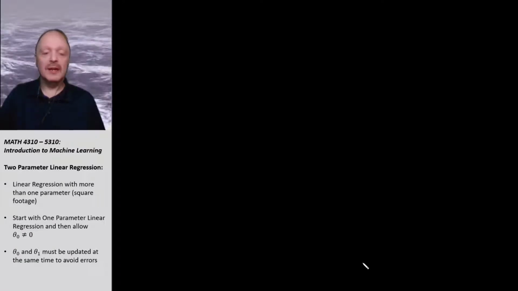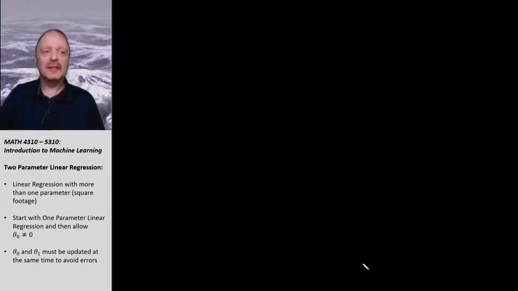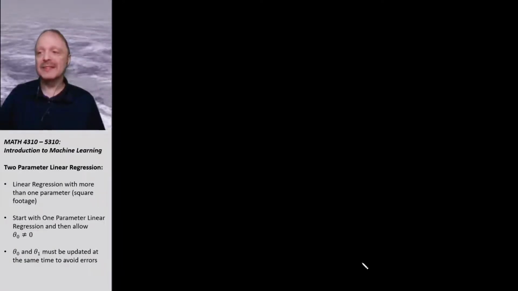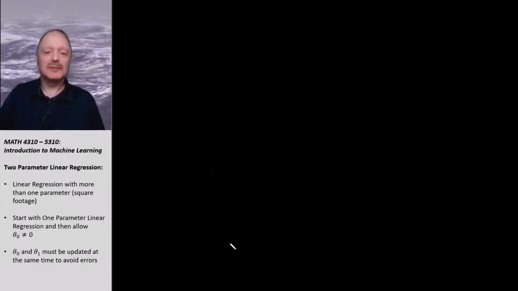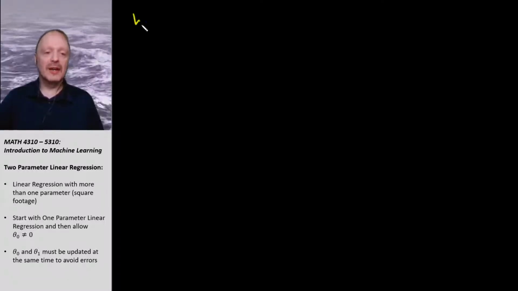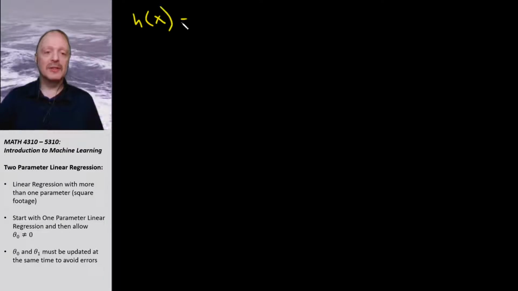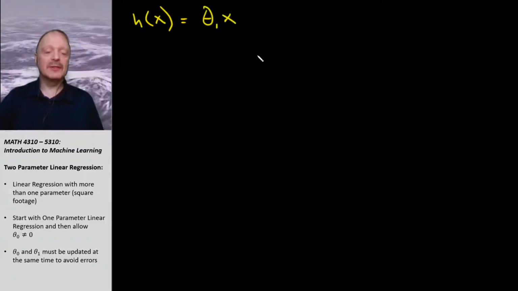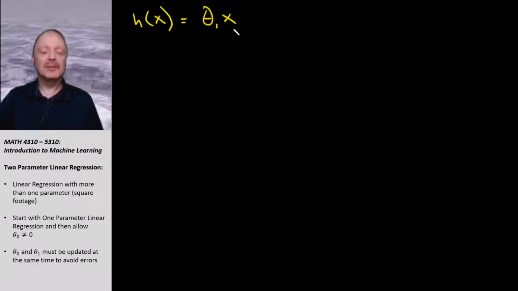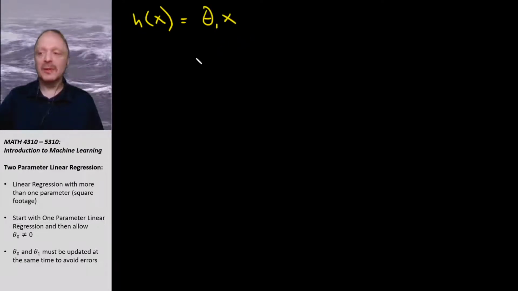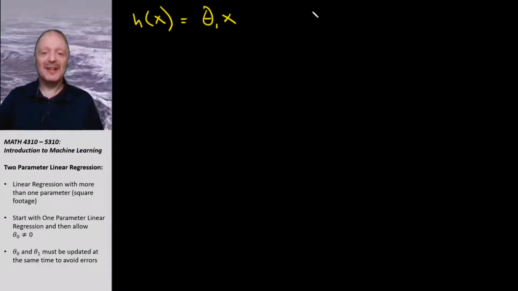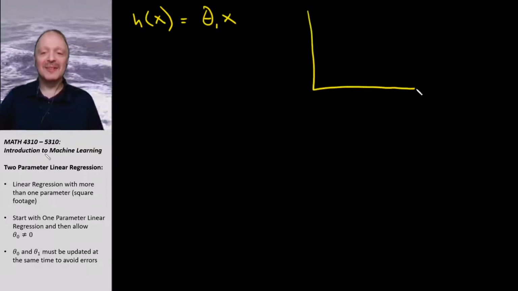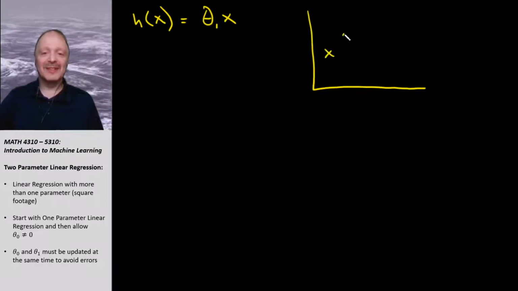And so we said that theta sub zero was equal to zero. That's how we simplified our model. Our hypothesis function was equal to just theta 1 x, right? And so that's all well and good, but if you have your data and it looks something like